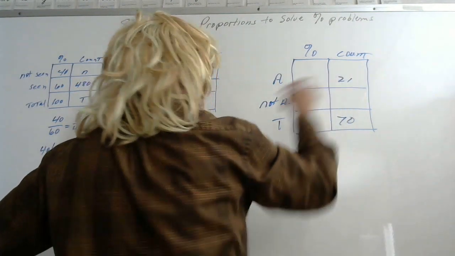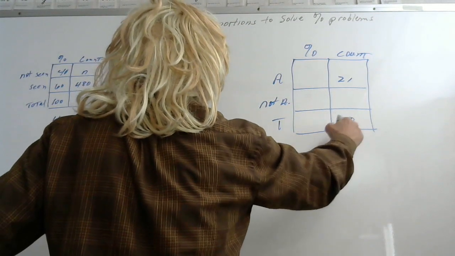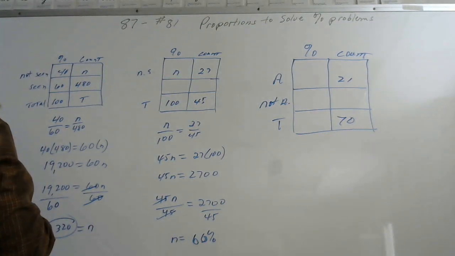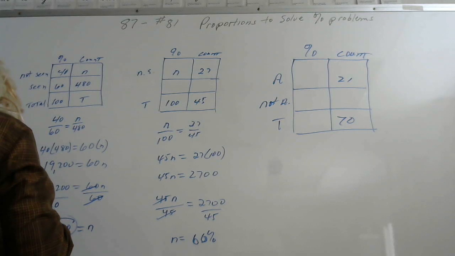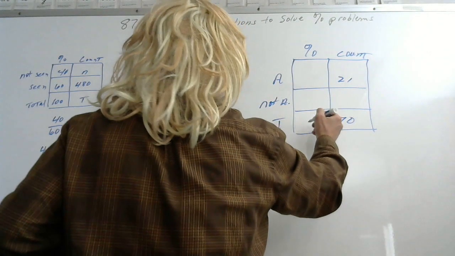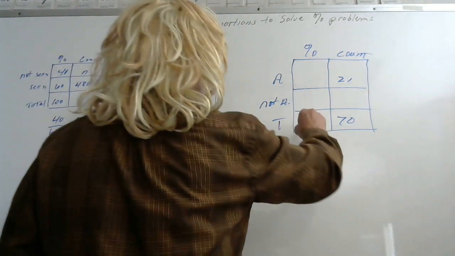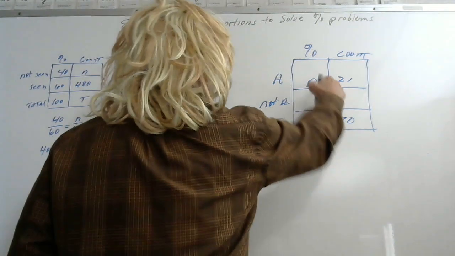Okay, so now what I have to do here, this is a little tricky. My total here is 70, let's see, they didn't give me enough information. 21 of 70 acres. What percent of the acres were not planted in alfalfa? Okay, so I'm going to have to look at this one a little bit. 21 over 70, we got 100% here, and I don't know this. So it's going to be n over 100